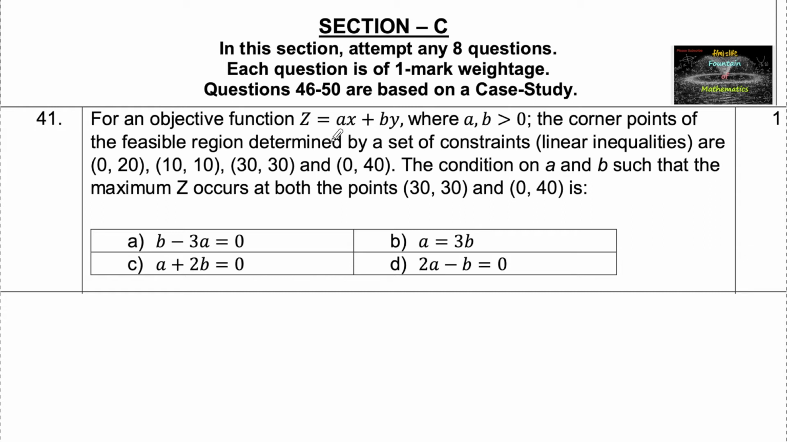For an objective function z is equal to ax plus by, where a and b are positive, the corner points of the feasible region determined by a set of linear inequalities are (0, 20), (10, 10), (30, 30) and (0, 40). What is the condition on a and b such that the maximum z occurs at both the points (30, 30) and (0, 40)? And since we know that the optimal value